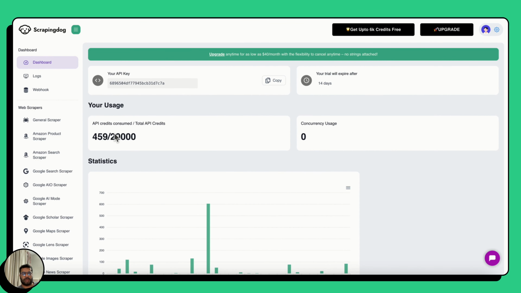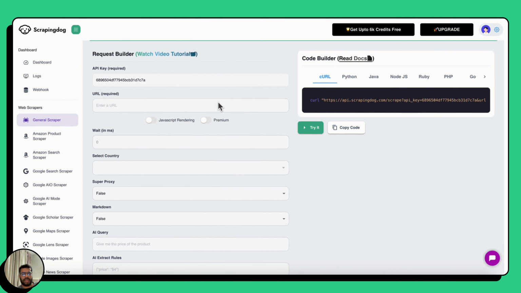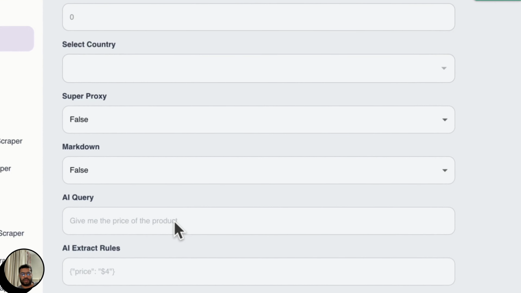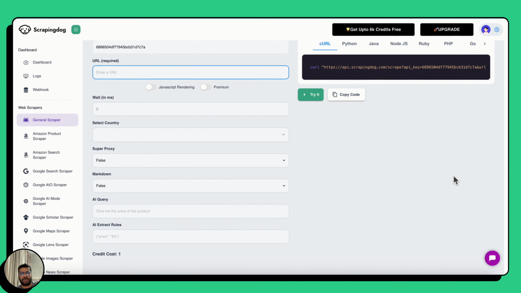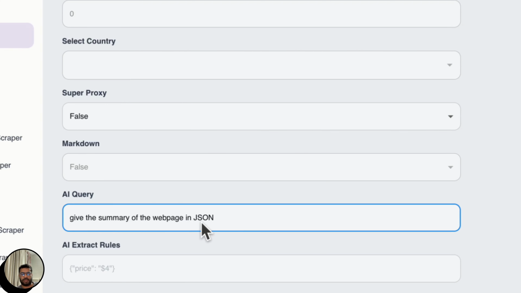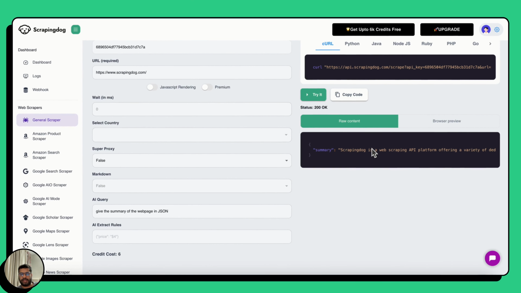To get the data output in JSON or Markdown format, you have to come over here in the general scraper. So from here, you can test the API. You need to pass your URL over here, and the AI query parameter over here. Let's pass Scrapingdog's URL in the URL field, and in the AI query, let's prompt the API to give us the summary of the web page. In the AI parameter, I have given that you need to give the summary of the web page in JSON, and let's try it. So yeah, the API has given us the summary of the web page in the JSON